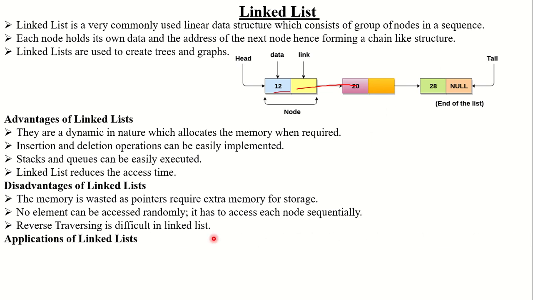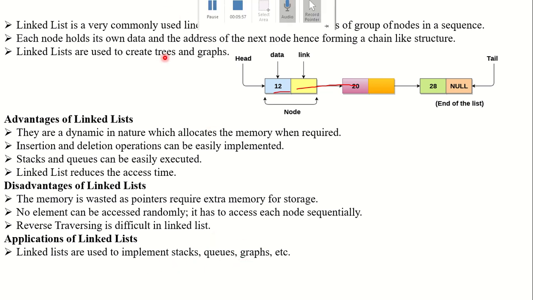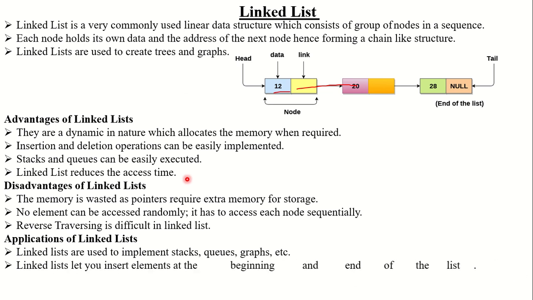So what are some applications of linked lists? Linked lists are used to implement the stack, queue, graph and tree. I already mentioned tree and graph can be created by using the linked list. We can insert an element at the beginning, at the end, at a specific location, as well as delete a linked list node from the beginning, from the end, or from a specific location. And we also create a node, and after creating a node we can add the node into the existing linked list. I hope you understand this concept.